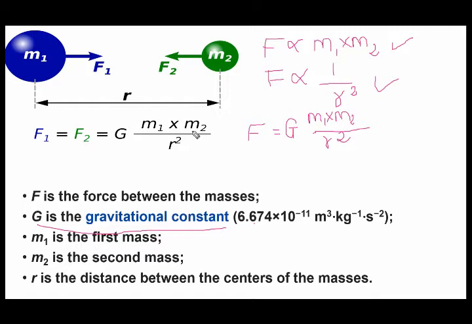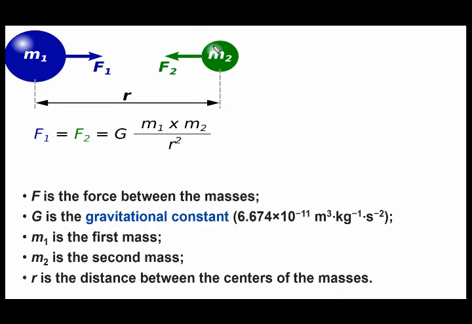So now we are going to find the units of G. Now we are going to derive the units of the gravitational constant. G is equal to r square into F divided by m1 into m2. r means the distance between their centers, so its unit is meter square. F is force, whose unit is Newton. So